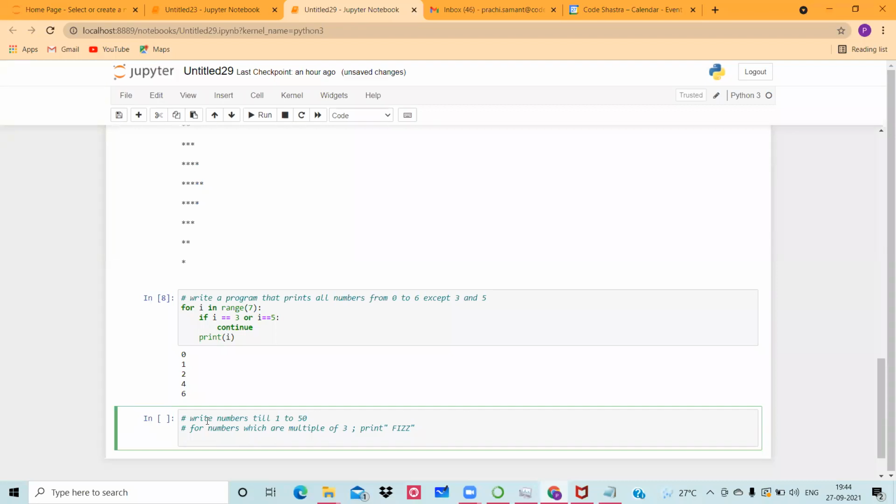If the number is a multiple of 5, then we can write buzz. Multiple of 5, then print buzz.